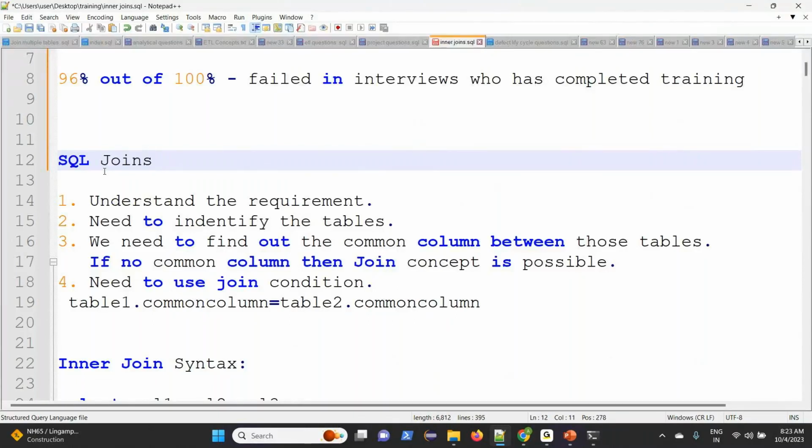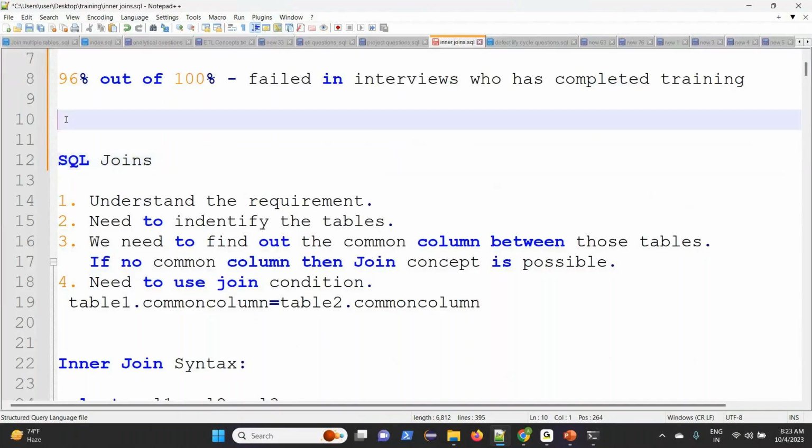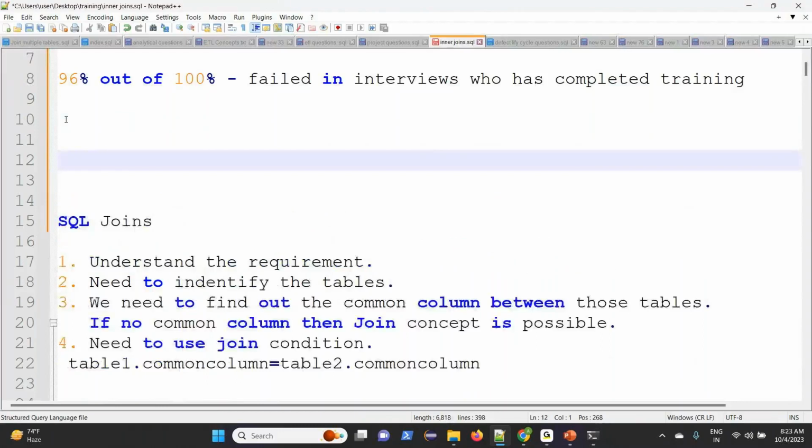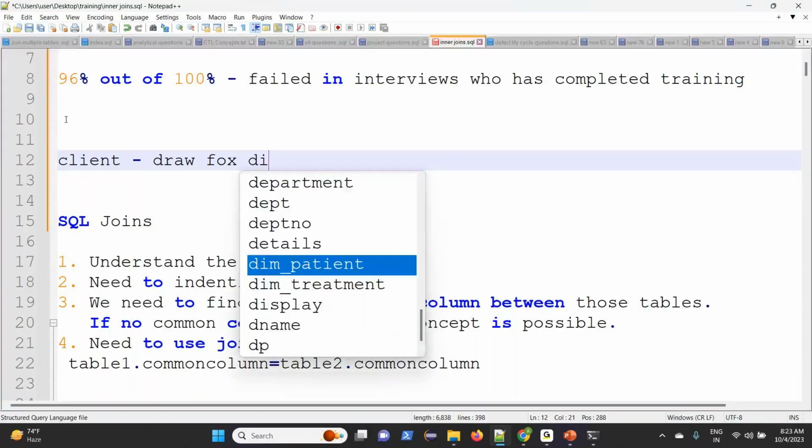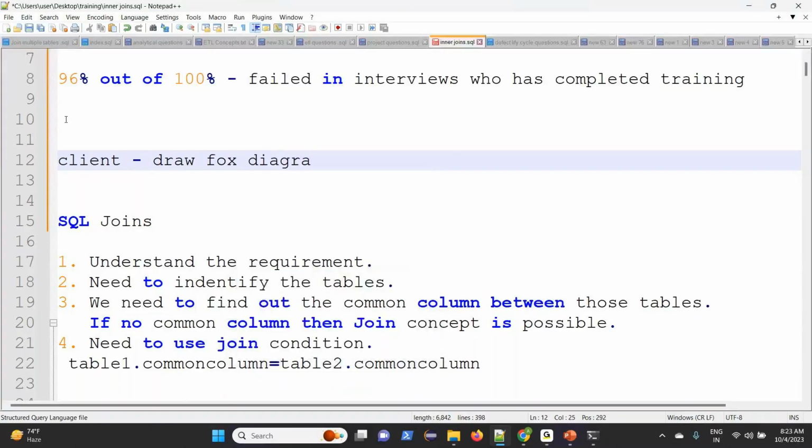For example, your client says, clearly mention in the requirement document, draw a fox diagram.